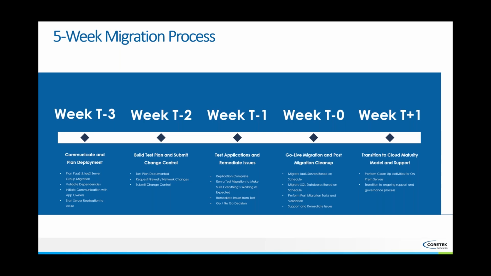So you can say we're in week T-2 for this group. And that way, you can say, oh, in T-2, from a project management perspective, we're supposed to be in build, test, plan, and submit change control. So if we don't have a change control submitted for that workload to be migrated by the end of week 2, T-2, we're behind schedule. So it's a good way to control it, but ultimately communicate, build your test plans and submit your change controls,